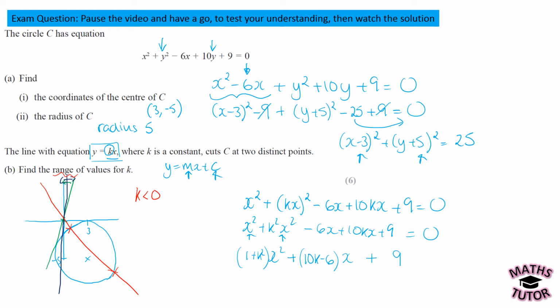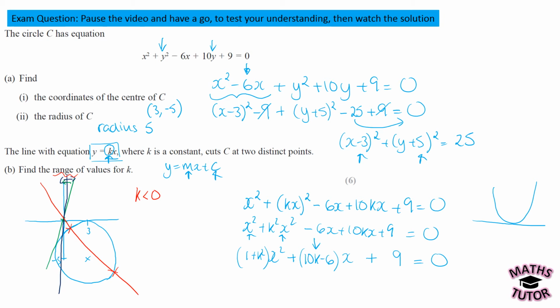and then we've got our plus 9. Now this quadratic here, that we've got everything to one side, is its own quadratic, so it's now representing just a quadratic rather than the circle, and we want, where does this quadratic, which would have this sort of shape, where does it just sit on the x-axis? So that is going to be when the discriminant is equal to 0. So all we need to do is take the b squared minus 4ac, equate it to 0 and solve for k, and that will give us the k where we just have the tangent,